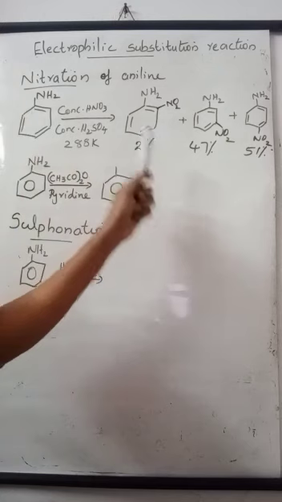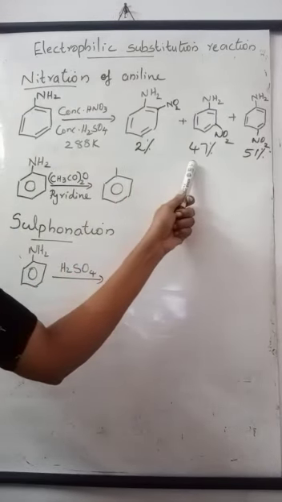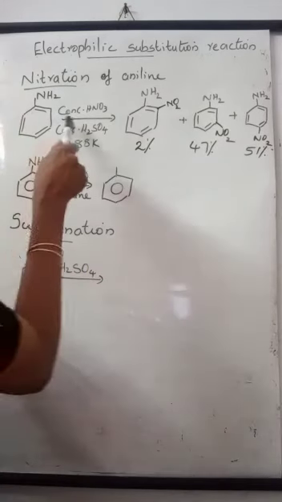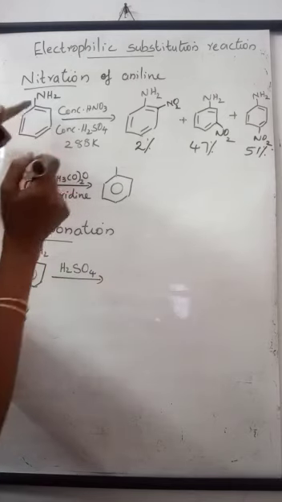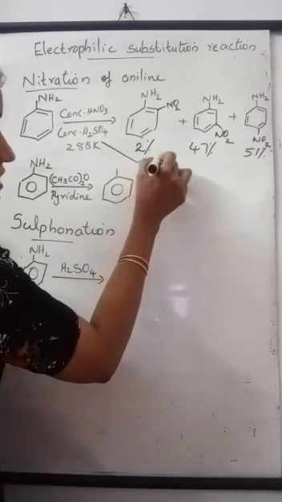But here, in addition to ortho and para, we get a significant amount of metanitroaniline also. This is due to the fact that in strong acidic medium, aniline is protonated